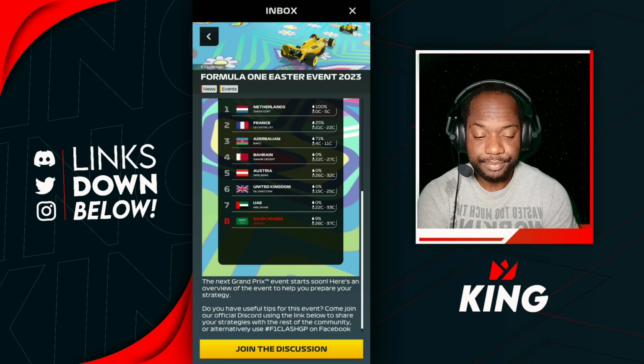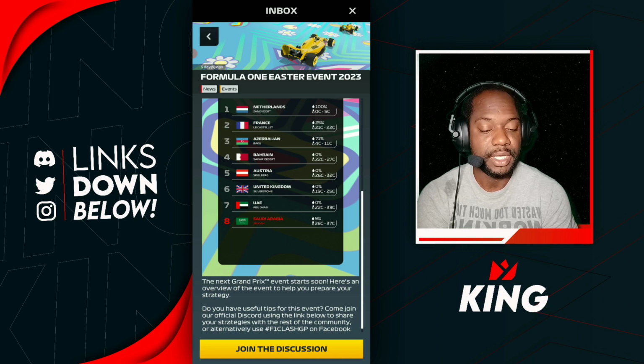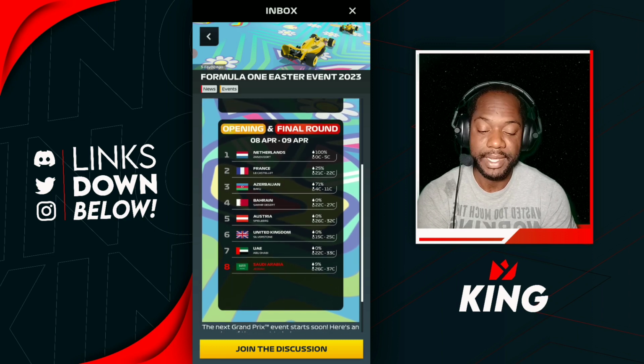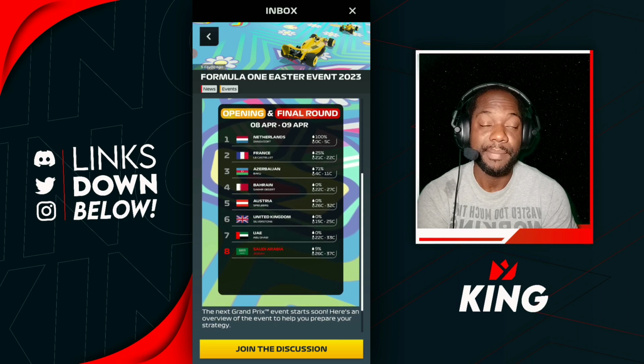All right, next up we have Bahrain coming in at corners and grip for the Bahrain track. Then we have Austria, and Austria is coming in at corners and speed, and that is where you're going to get your fastest lap for the opening round and the final round as well. So make sure for your main driver that you're looking to get the fastest lap with, go for top speed boost,